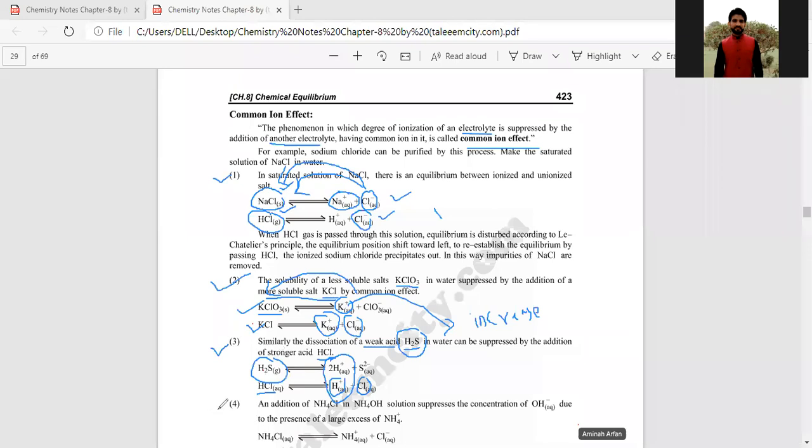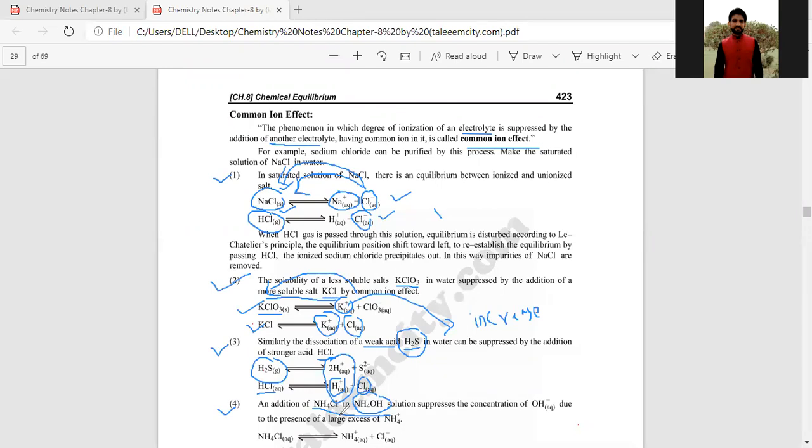Next example, example number 4, NH4Cl, NH4OH. These are the reagents that are used to identify the group 3 basic radicals. ये भी practicals में हम करते हैं, ये reagents add करते हैं। Basically हमने reaction NH4OH के साथ करवाना होता है, लेकिन NH4OH is a weak electrolyte और वो dissociate भी होता है। हम चाहते हैं ये dissociate ना हो. So to stop the dissociation of NH4OH, we add electrolyte, strong electrolyte, that is NH4Cl.